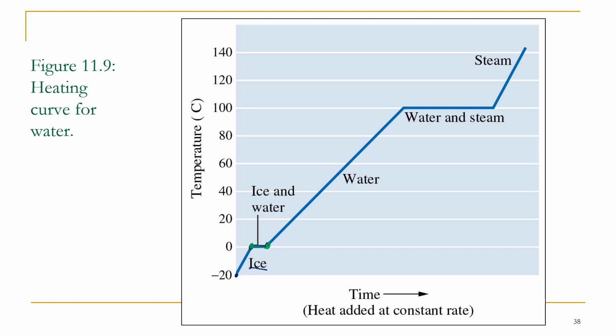So notice that when we have both ice and water in phase, both in equilibrium together, that's at 0 degrees Celsius. That happens to be the freezing point or the melting point. This temperature stays constant. Then let's do purple. Once it goes from 0 degrees Celsius up to 100 degrees Celsius, here we only have liquid present while